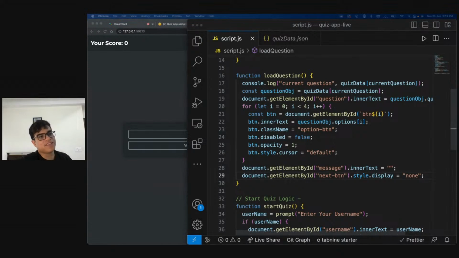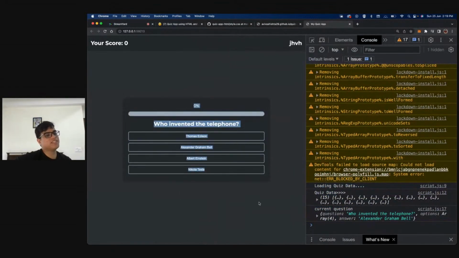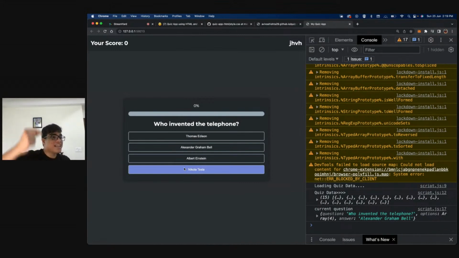We will be adding the methods, right? So basically, so far what we have done is we are just loading the question. Now right now we have done this part: the fact that we are showing the question and we're showing the options. Now on the click of these options, something needs to happen. And on the click of that function, then something needs to happen, right? We're talking about that chain of functions that we have.